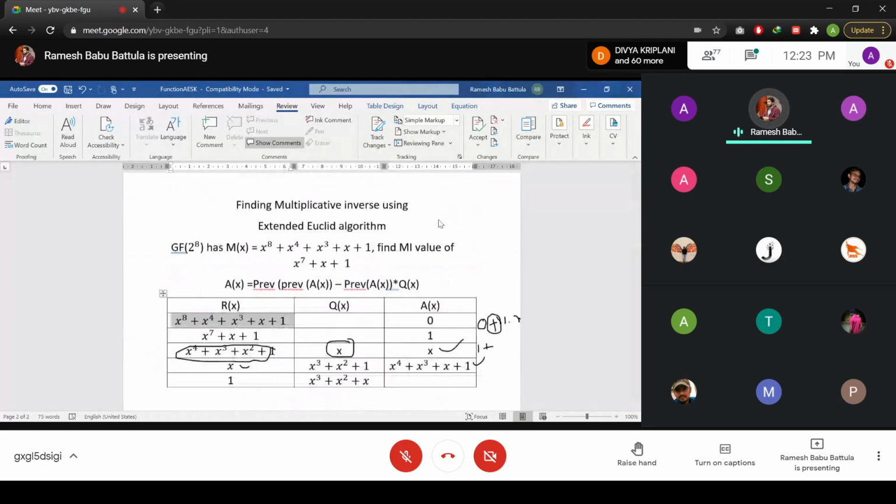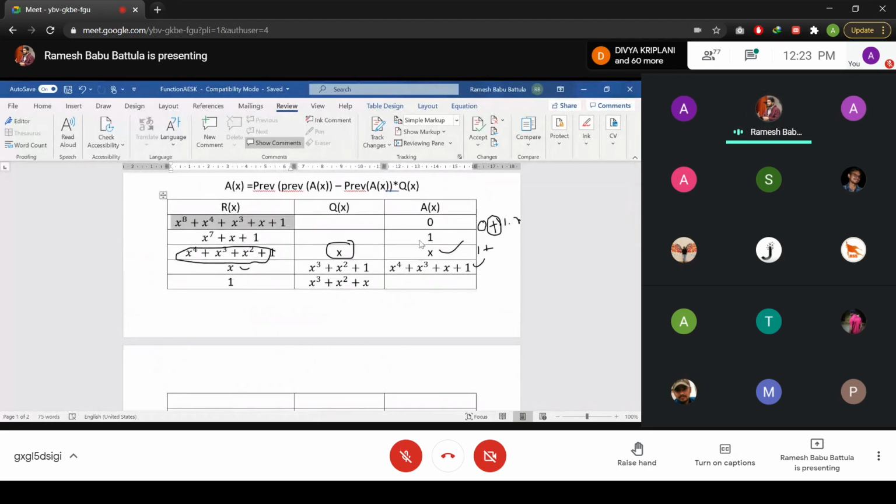The same thing we are performing here. In polynomial operations, we are unable to perform the subtraction operation. We have two arithmetic operations only: one is the sum, that means plus, and the other one is the dot. So whenever you have a subtraction or addition, we generally use the XOR operator only. That's why in the addition here you won't find any negative value. Are you clear now?